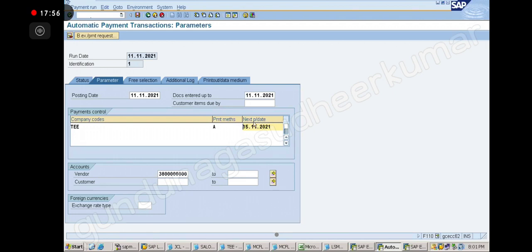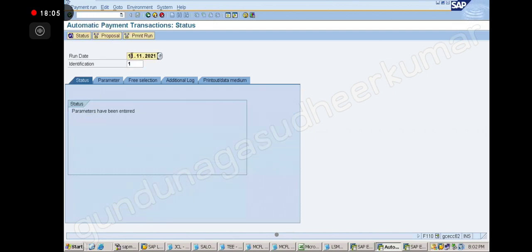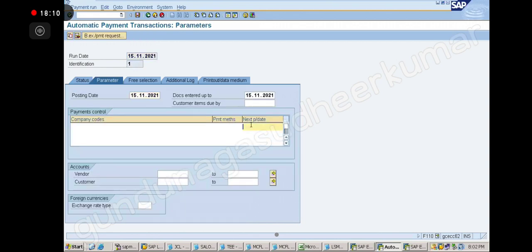In the next run, again we will give the next run date. Today is the 11th. When I come back next time, I will give 15th here, and again I have to give the next run date, 19th, 20th, 25th, something. Based on that, it will decide. Understood? So with today's run date and next run date in consideration, it will decide. Is it clear? Okay, let us do this now. I'm going to show you practically.